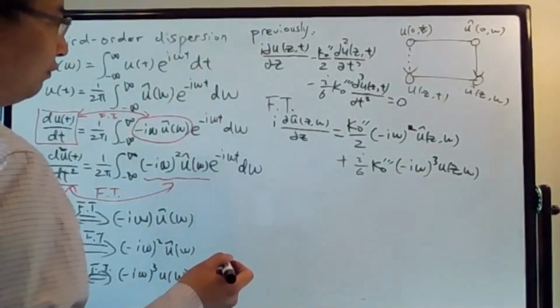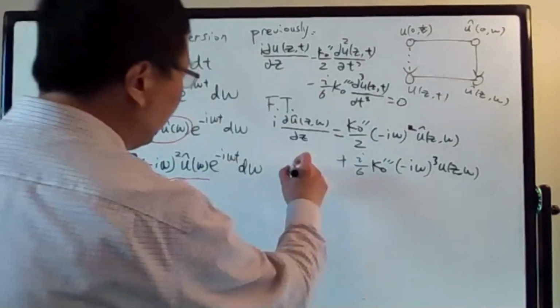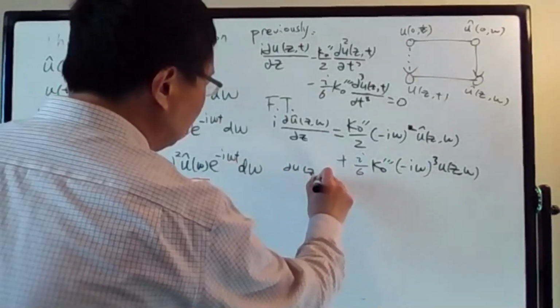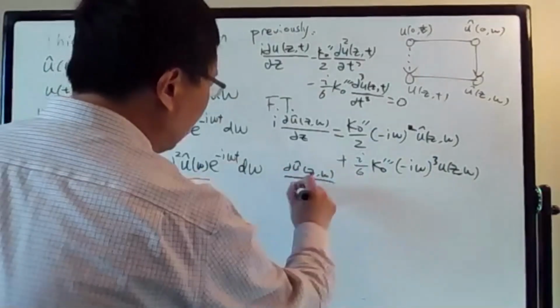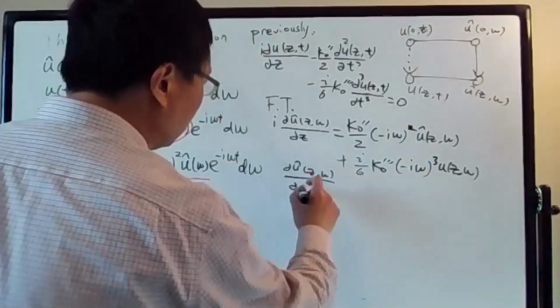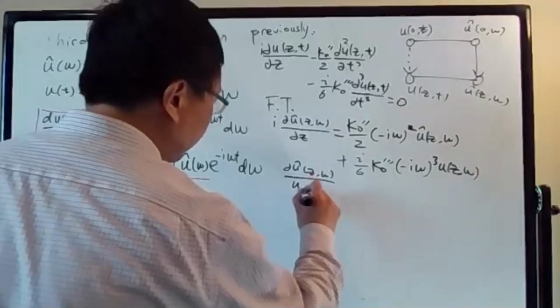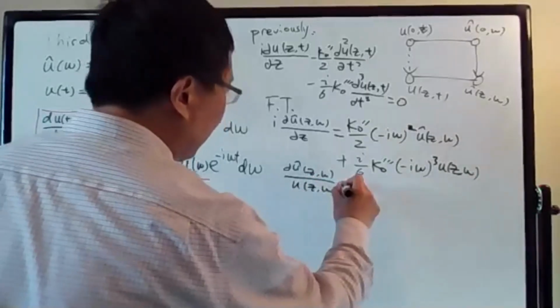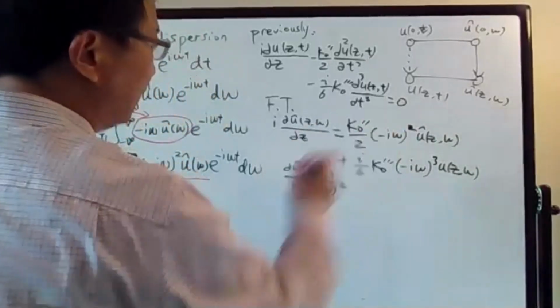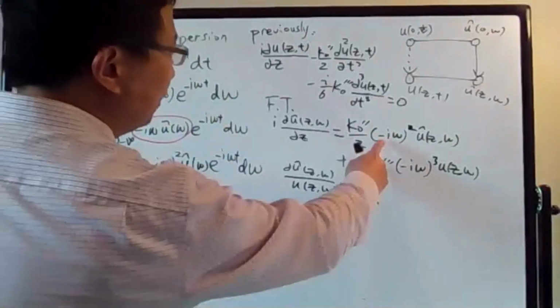So that will be a review of solving this equation. So it's partial u tilde(z, omega) equals, on the right hand side,